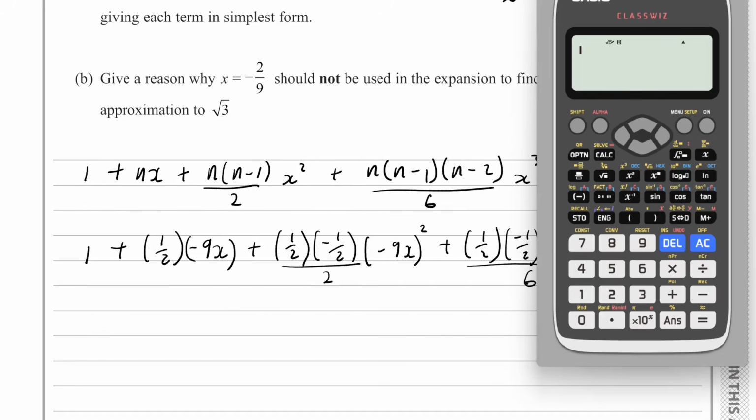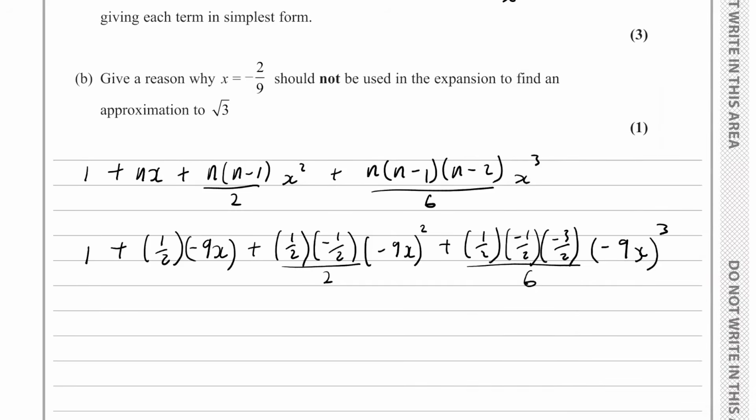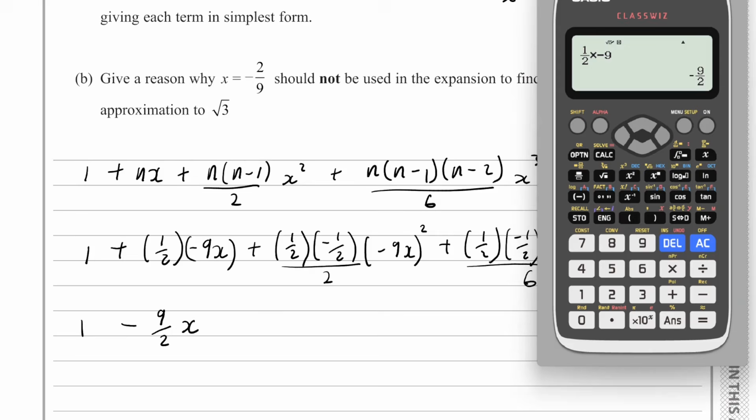So I'm just going to write each term into the calculator, but just leaving out the x, and I'll write the x on the end. So I've got a half times negative 9, that's negative 9 halves. So the first one's 1, then we've got minus 9 over 2 x. The next term, I'm going to have a half